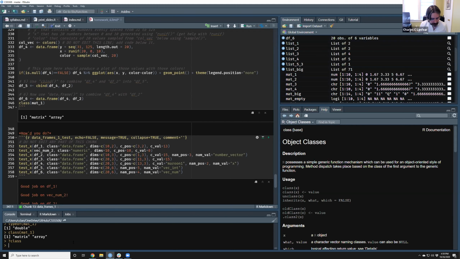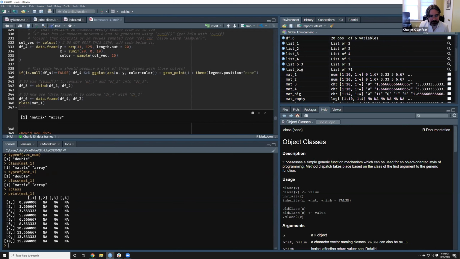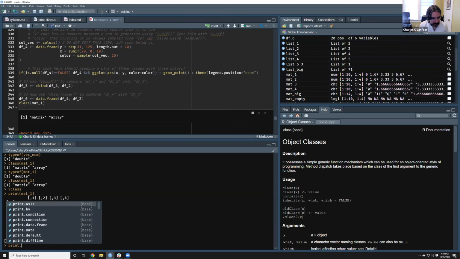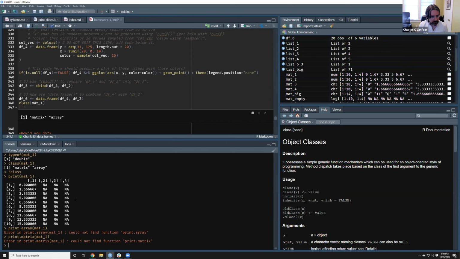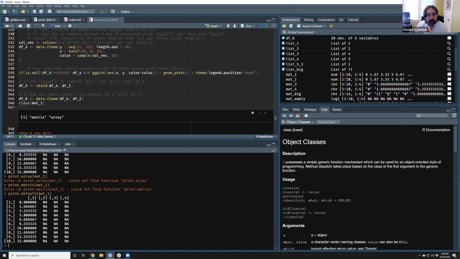So for instance, if I say print mat1, this will display matrix 1 in my console. But how does it do that? What R is actually doing is print dot, a function you can't even directly access, called print.matrix or print.array. Which you can't actually find directly. It could probably be called with print.default. So R is an object-oriented programming language, and those classes you can pull out of an object tell it what functions to run when you give it an ambiguous function.